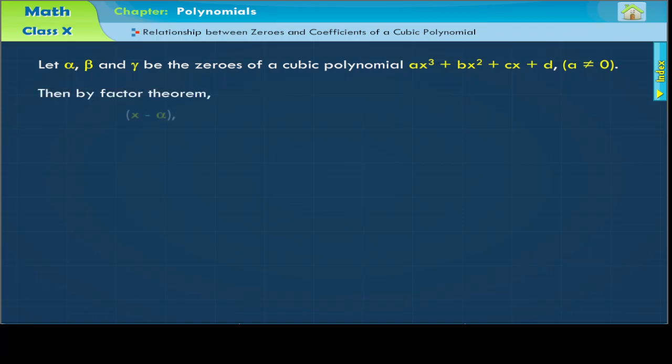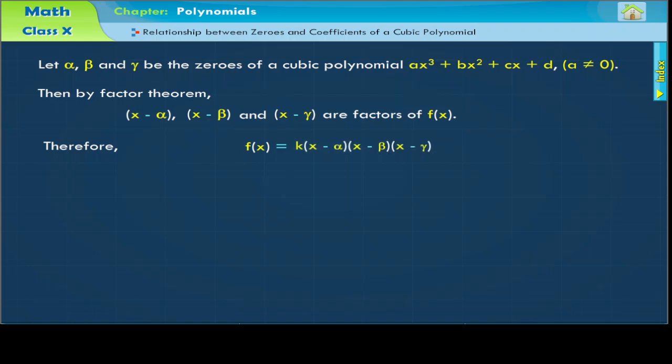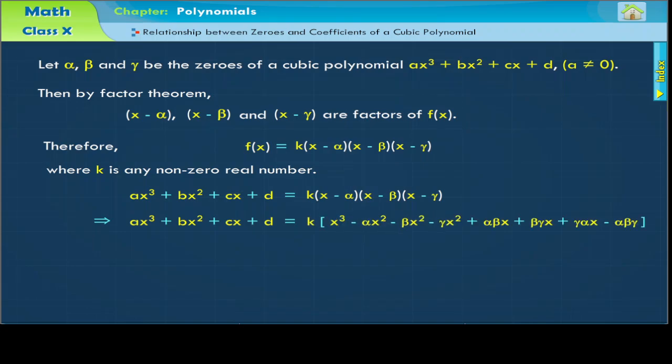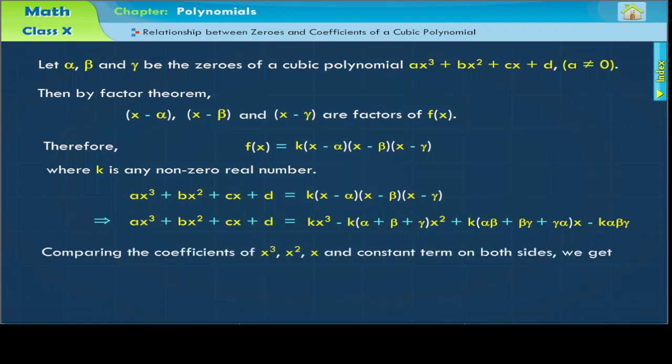Then by factor theorem, therefore, where k is any non-zero real number, comparing the coefficients of x cubed, x squared, x and constant term on both sides we get